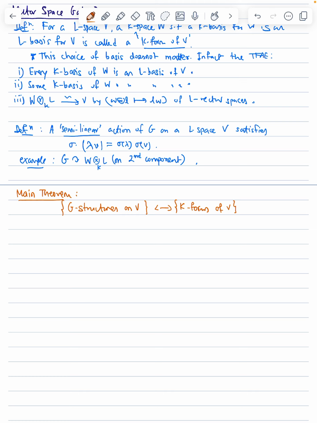How does this bijection look? You take a V with a G action, which is semi-linear, and you just send it to the